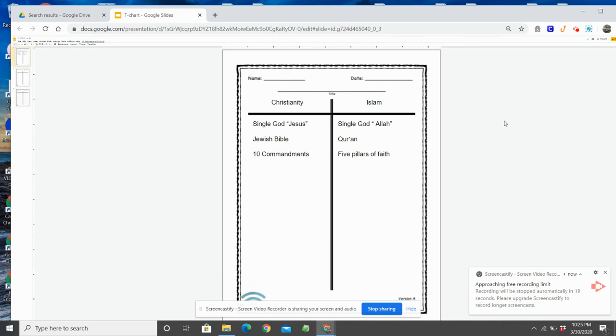So again, if you are familiar with some of the religions and you want to compare them to something that you do know, great. If you want to compare two religions that you're very unfamiliar with because you feel like that would give you extra practice, great. You get to decide how you want to use this, and I want you to